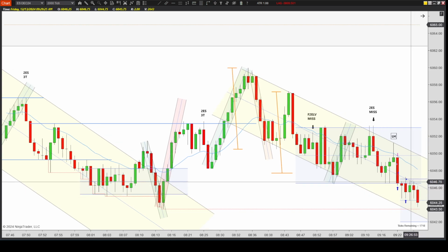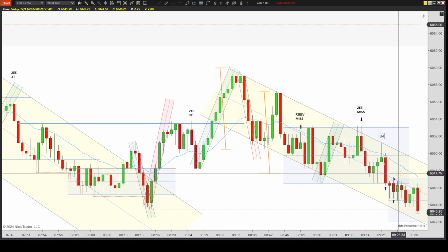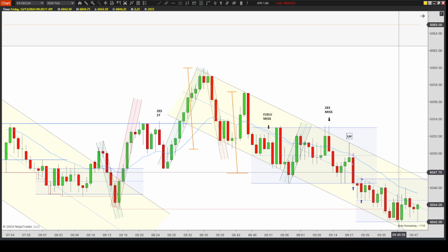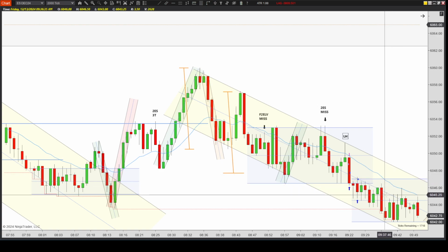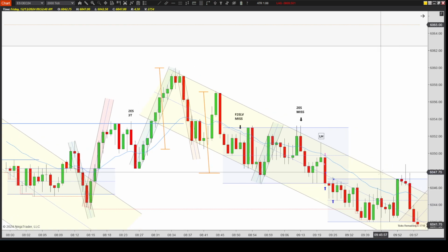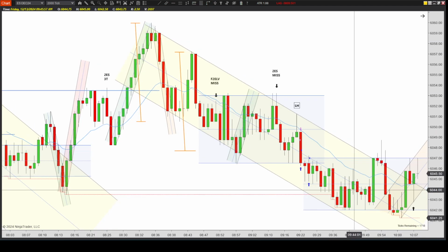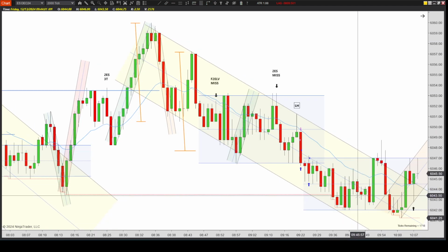So as you see, if I entered a little bit later, I probably would have ridden this down a little bit longer, and my stop loss would have been up here. I think I probably would have gotten stopped out here or over here. That's okay. As prices continue moving down, there's a first entry, then a second entry short, inside bar,